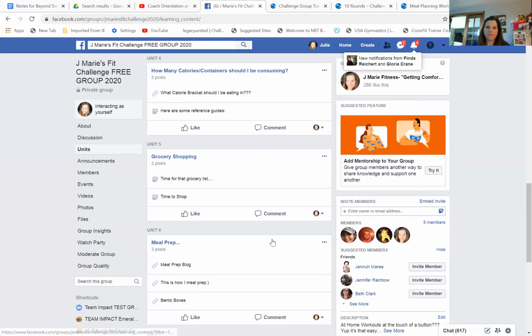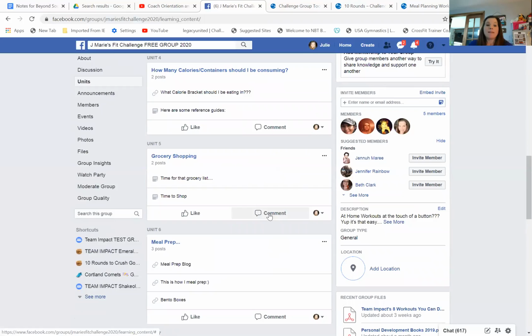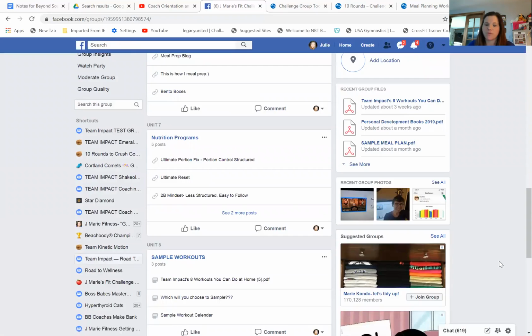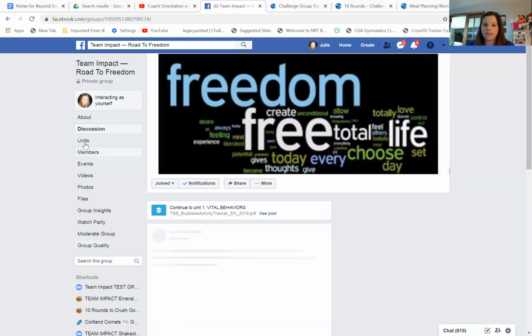Yep, see, it's gone. Okay, so that being said, again, you guys can take as much from this or as little as you want from it, and you guys can copy and paste. We have a lot of great things in our file section, as well as our units in our Team Impact page. So if you go to our Team Impact coaching page, which is the Road to Freedom page, you go to units,